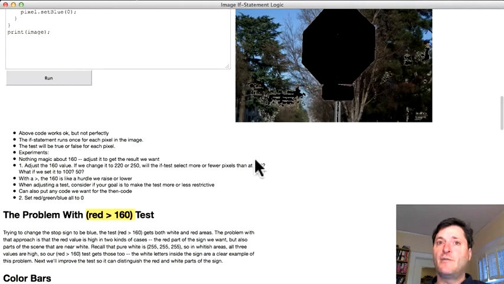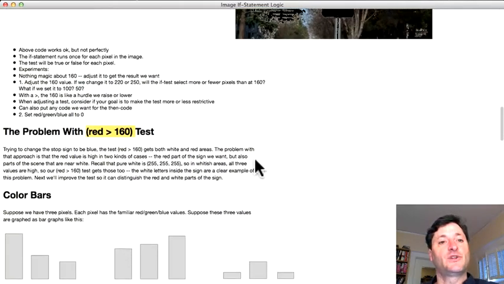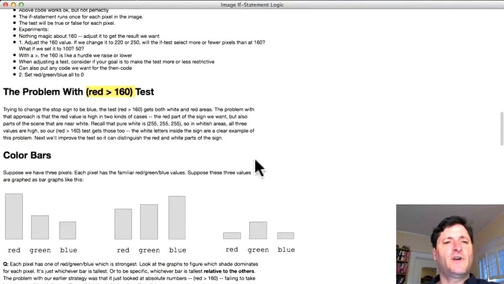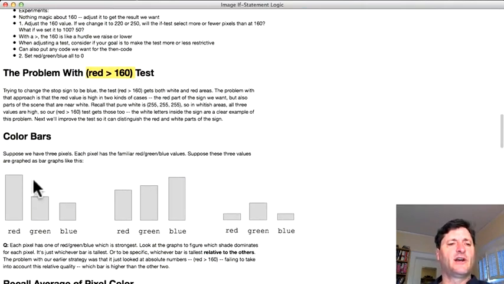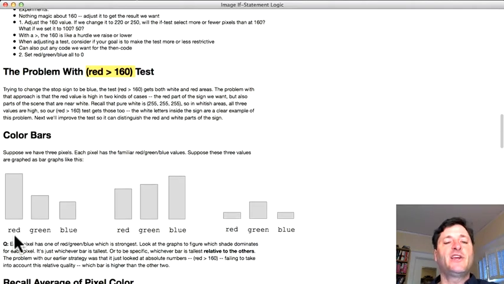So I'm going to build up a better strategy that we could use to solve this problem. To get started, I'm going to make sort of a graphical view of a pixel. Suppose I've got 3 pixels, and each pixel obviously is going to have red, green, and blue values. And so suppose what I did is I made this little bar chart. So here's a pixel at the left, and here's a pixel in the middle, and here's a pixel on the right. And all I've done is I've just graphed the red, green, and blue values. And so for any one of these, I could ask, well, for that pixel, which color predominates? What sort of